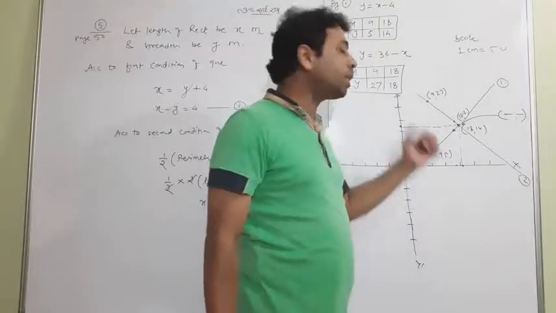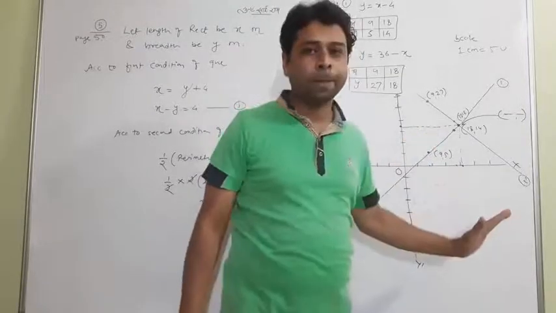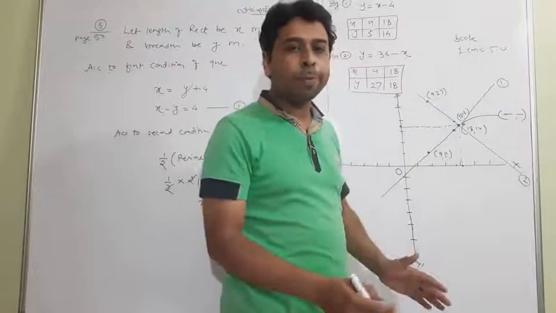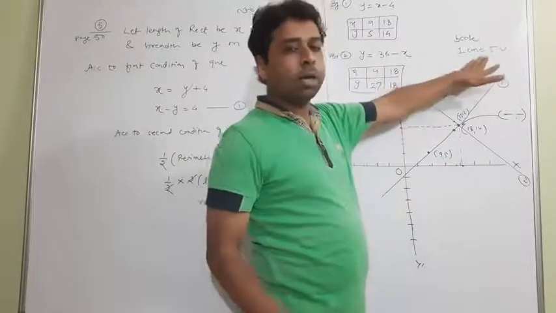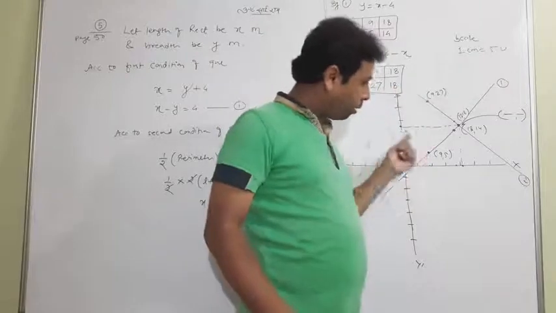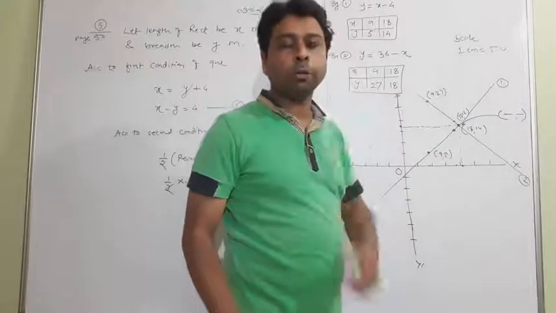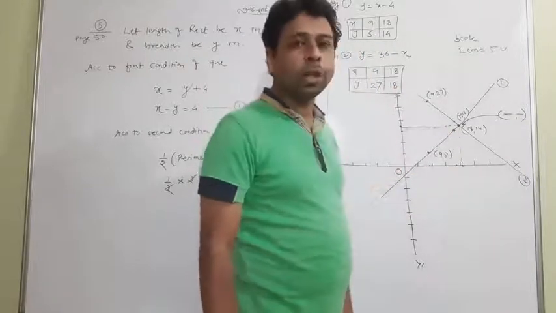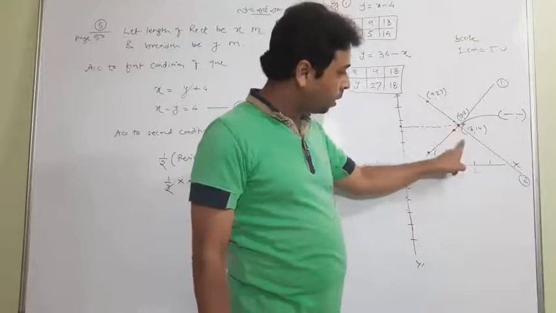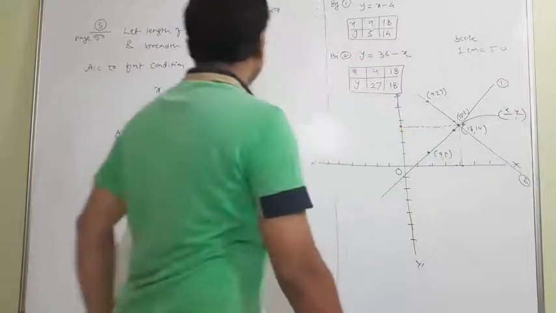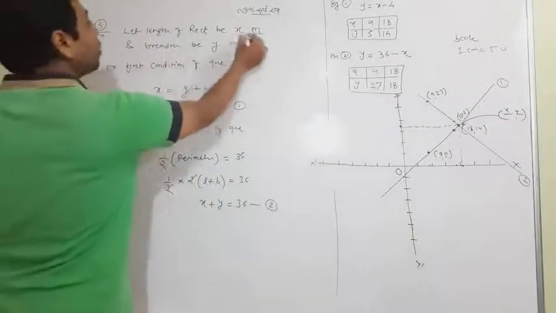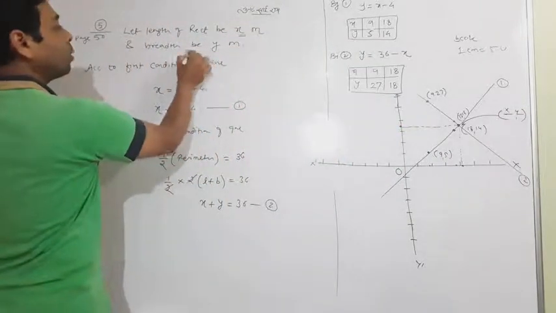I made it, but I have just told you the method. If you have a good graph paper, you can carry on with it, take a unit, and with each and every point you can plot here, and I think you would get a good answer. So this will be your answer. This is x and this is y. X meaning the length of the rectangle and y meaning the breadth of the rectangle.